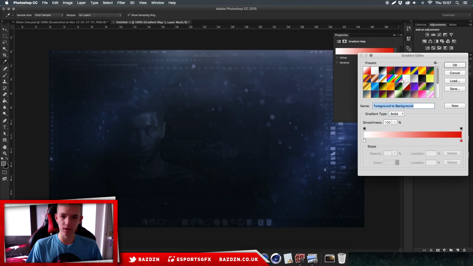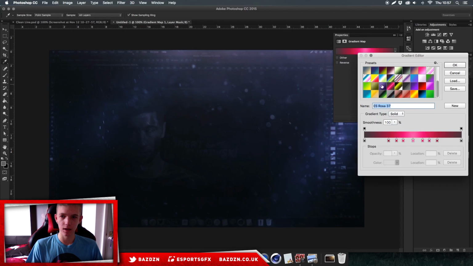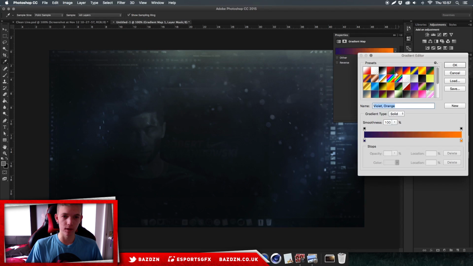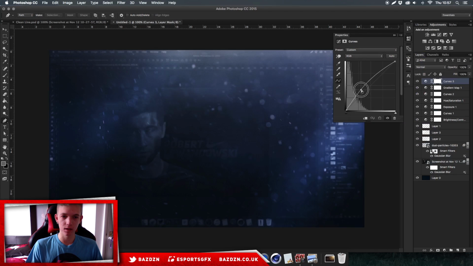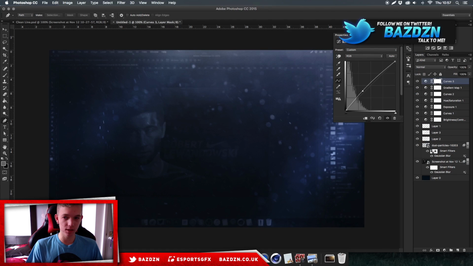And then you just want to mess around with these, see what looks best. If you have some preset ones, just use those, but the default ones do work pretty well as well. So yeah, I think we're going to go for this one. And then if we want, we can just add another curve and just make it a bit brighter. And there we go. Now we've got our color correction sorted, we've got our background sorted, and now we're going